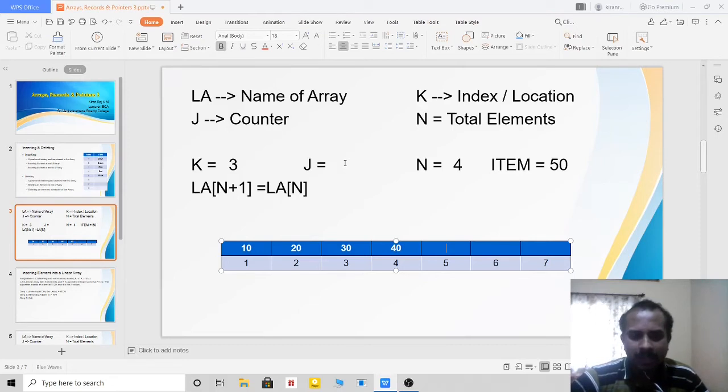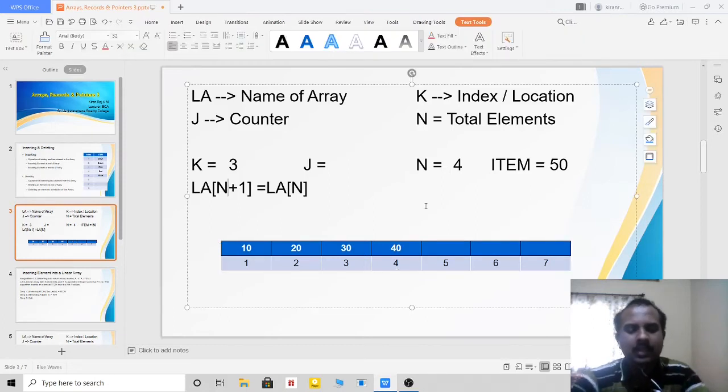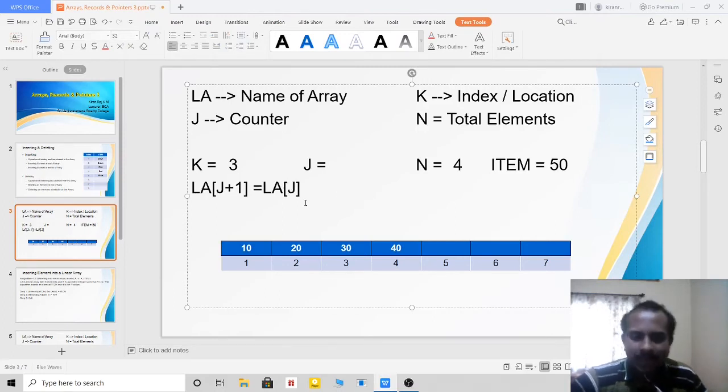But if I use n, what will happen? What is the use of n? N is used for the total number of elements, right? So instead of using n, I am going to use my counter, that is j. LA of j plus 1 is equal to LA of j.